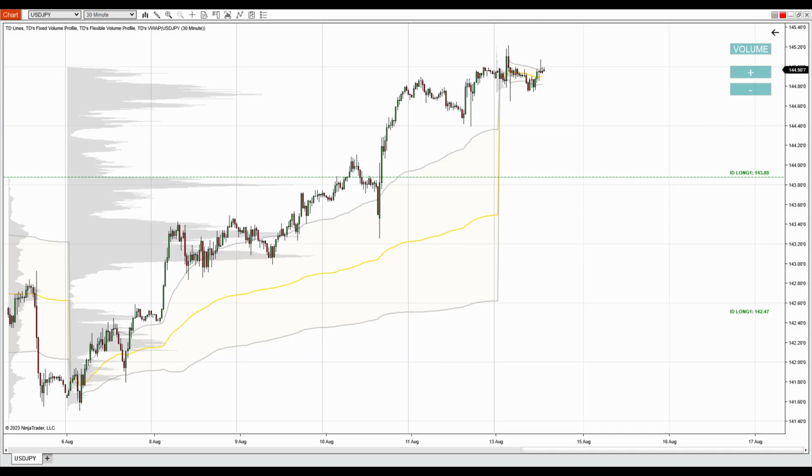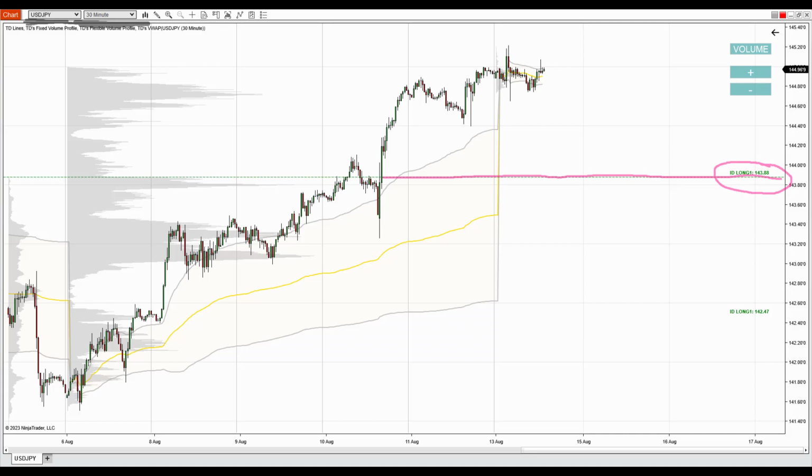What you see before you is the NinjaTrader 8 platform with my custom-made volume profile and VWAP indicators. And the first trading idea that I like to talk about is on US dollar Japanese yen. You are looking at the 30-minute time frame, and I want to talk about this support, which is at